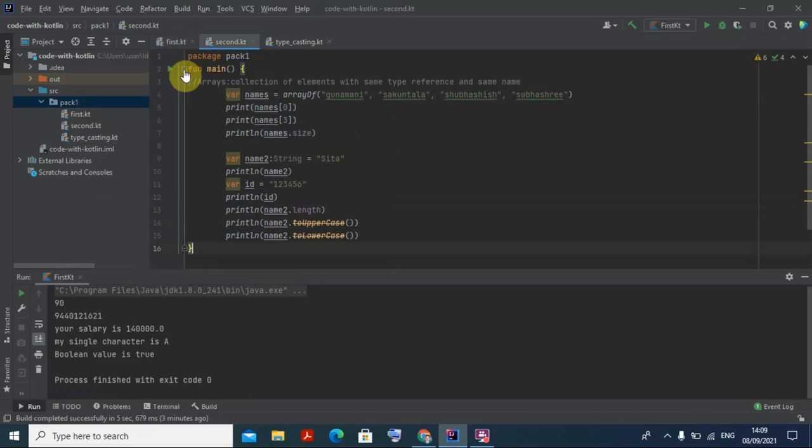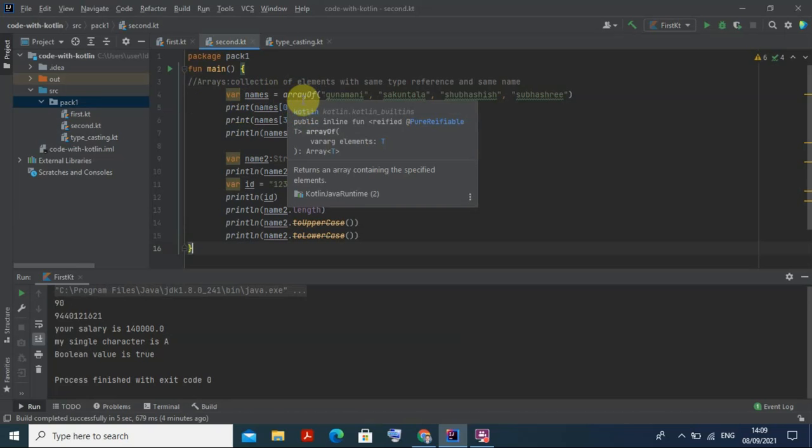Now we will be discussing arrays. This comes under the same package, because we created the package pack1, and here I created the file named second.kt. Then I declared some variable names. To declare an array, you declare var names as a variable, and if you want to convert it into an array, you have to use the method arrayOf.